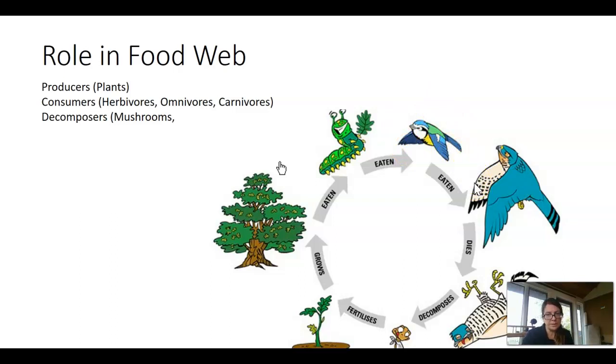Eventually, all organisms will die, and they will decompose or rot away. And so some organisms help with decomposition or the rotting away of dead things. Things like mushrooms help to decompose dead things so that the nutrients are returned back to the soil, and then those nutrients can be used to help plants grow to start the cycle over